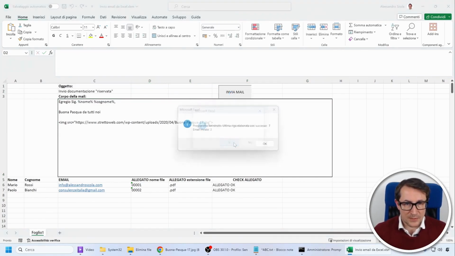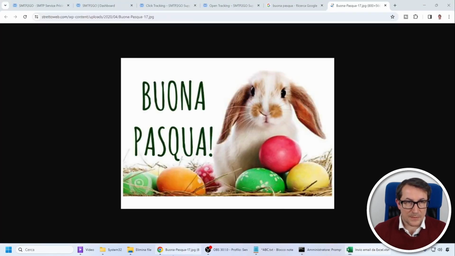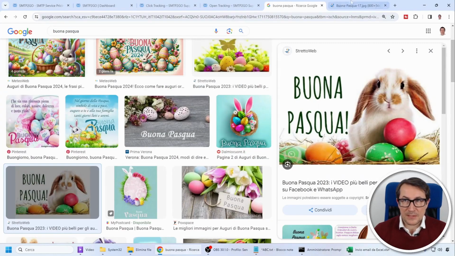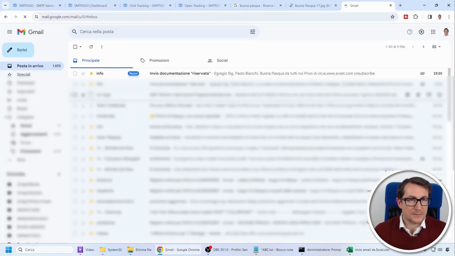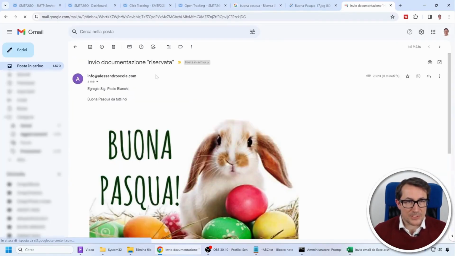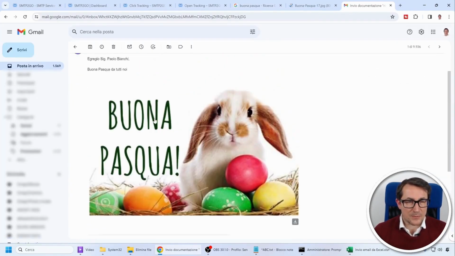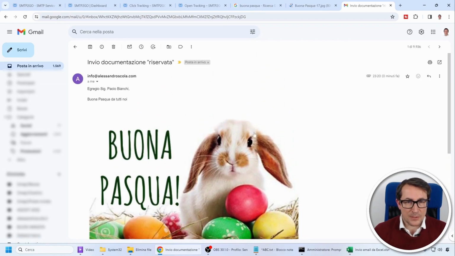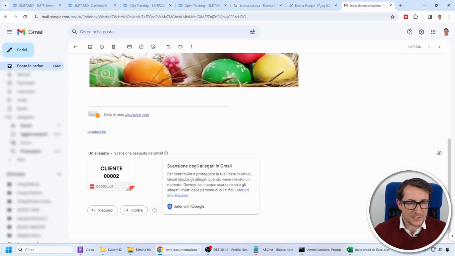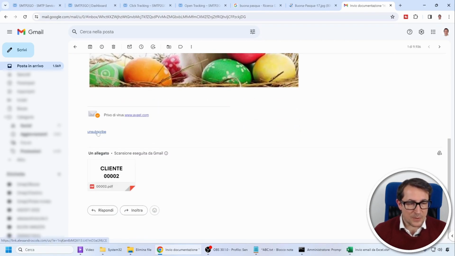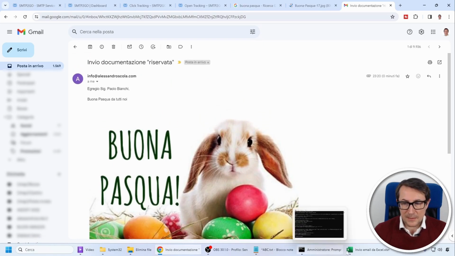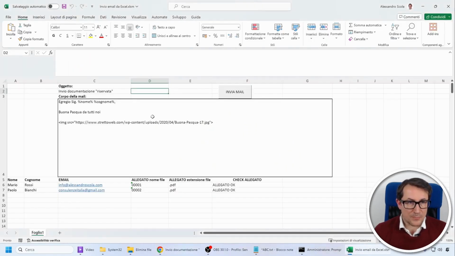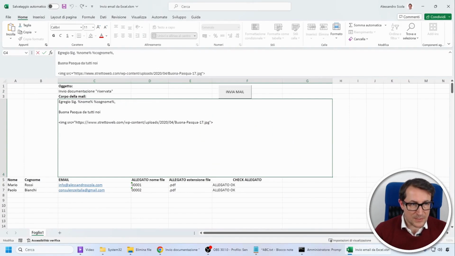Once everything is set, we'll send the email, ensuring all elements are in place. This is the same image we used previously, so it should be familiar. Let's check the outcome in Gmail. Here it is, and as you can see, our image has successfully arrived with our email. It includes the image itself, the necessary attachment, and the unsubscribe link tag. You have the flexibility to write anything you like. For instance, you can make the text bold to emphasize certain points.